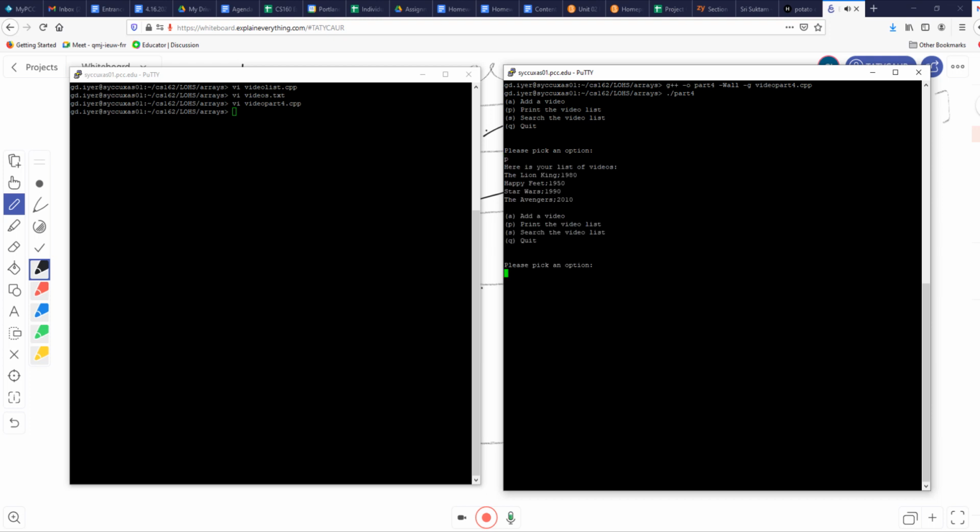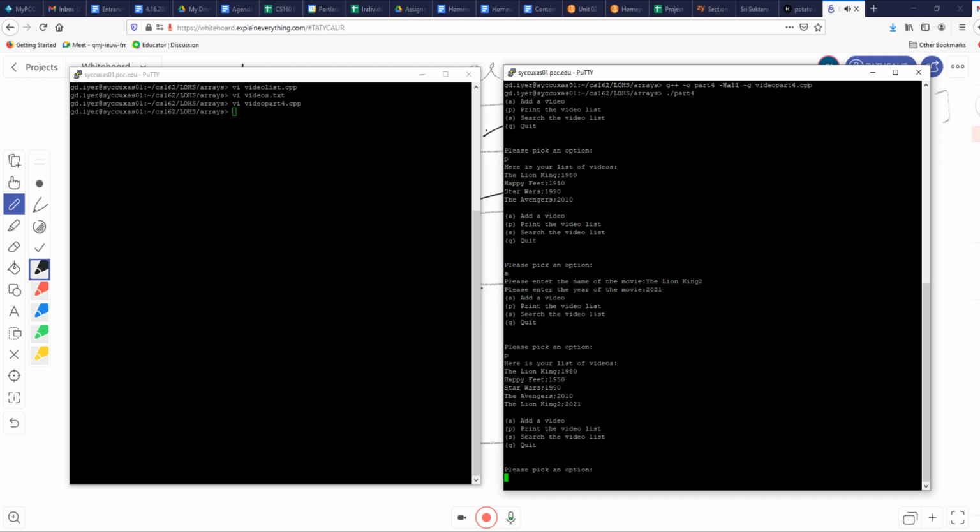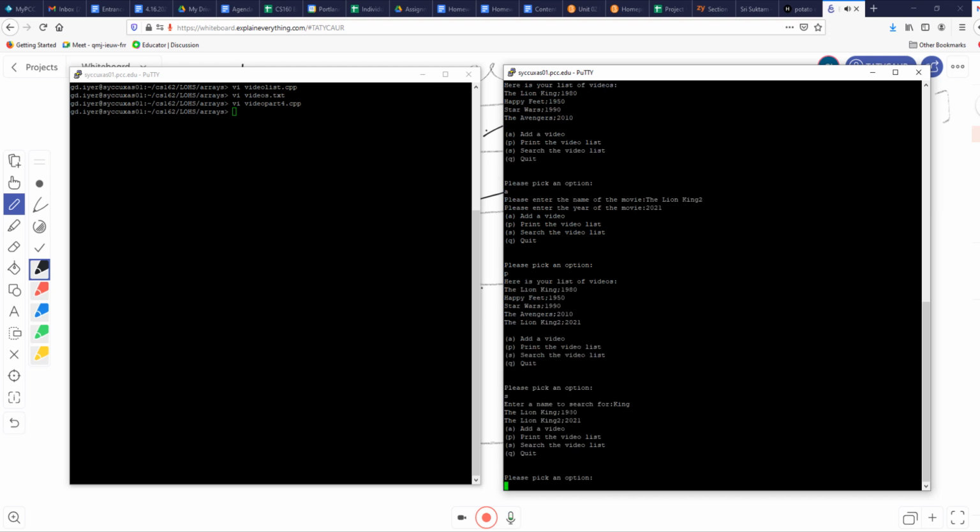So P to print, A to add. So let's say add Lion King 2. Put some year here, okay, and then print. Now I get Lion King 2. So if I search for King, I'm going to get both movies. There we go. Okay, so that kind of shows us how to read from the file, how to do a